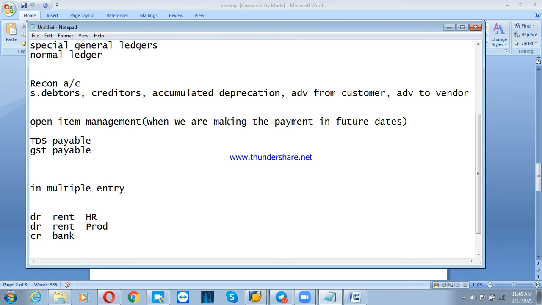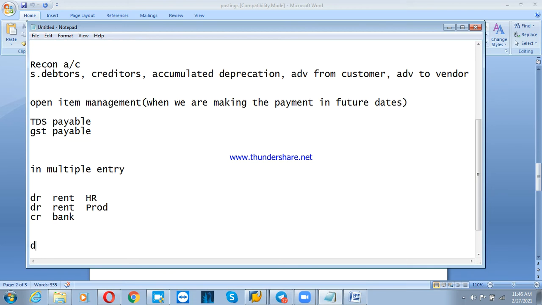We can use more than 2 ledgers to post the entry, and debit and credit is used as it is. Means we are giving rent account debited and bank account credited. Debit and credit we use as it is, but in single entry